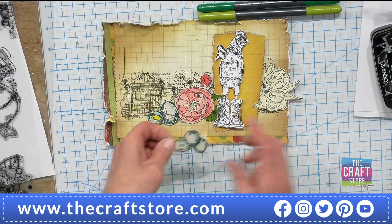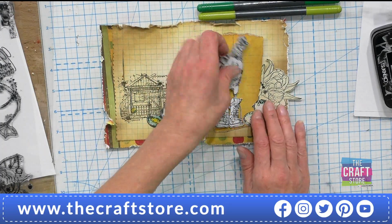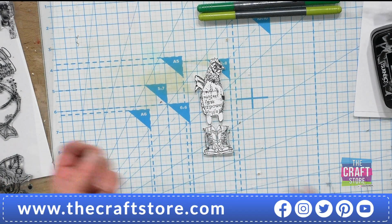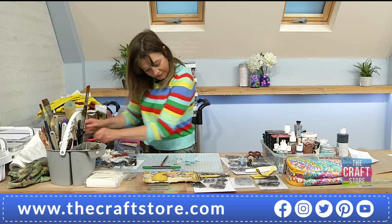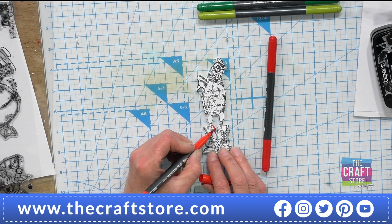And it's so nice to be able to layer all these elements up. Don't they look fabulous? Let's just colour my fabulous chicken in. Right, my chicken is going to have some really cool boots. I think we're going to go for nice red boots because I feel that is...